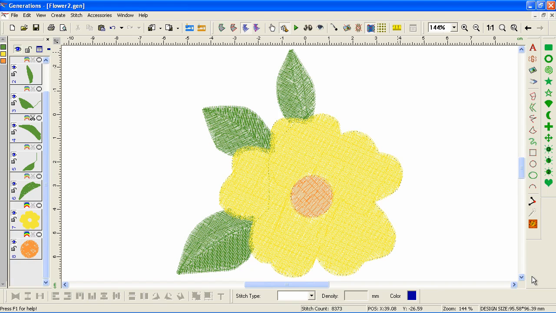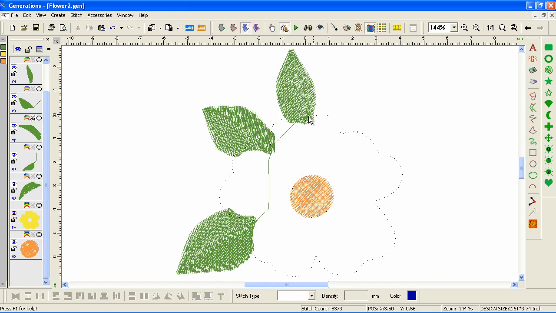This will keep your design more aligned with better registration. More detailed guidelines for pathing are included in the course. Generations will connect disparate parts of the design that are the same color if it can sneak through other areas. So, for example, if we look at our leaves, if I hide the yellow petals, you can see how it's just drawn these lines, and these are running stitches, or what's known as travel stitches, through the design to get